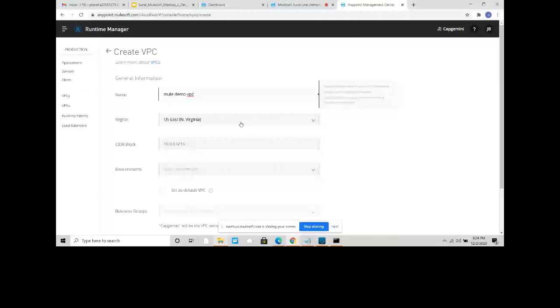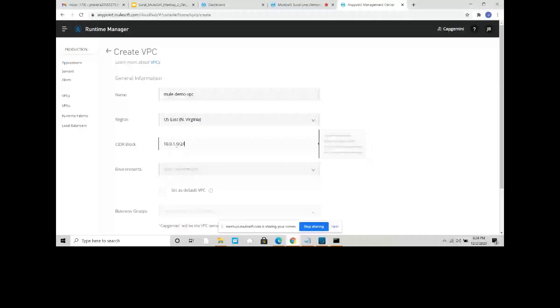Then you can give a CIDR mask. So I will say 10.0.1.0. You have to talk with your network team, and you can calculate that particular CIDR mask using VPC sizing, but that particular IP range you have to get from the network team. So in this case, I'm saying